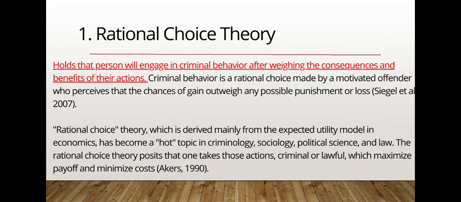For example, sa isang bangko, kapag nag-rob ka ng bangko, nagnakaw ka sa bangko, meron kang 10 million na makukuha. Di ba napakalaki na yan? Pero, nalaman mo, sa pagkuha mo ng 10 million is 1 year imprisonment lang yung magiging punishment mo. Ngayon, tinimbang mo yung bigat ng punishment at sa laki ng benefit na makukuha mo sa action mo. That's the rational choice theory.